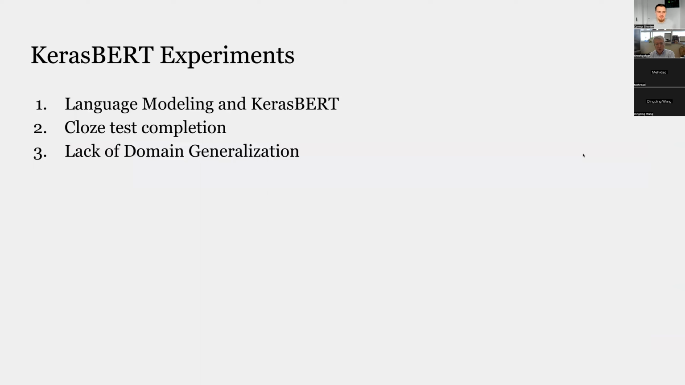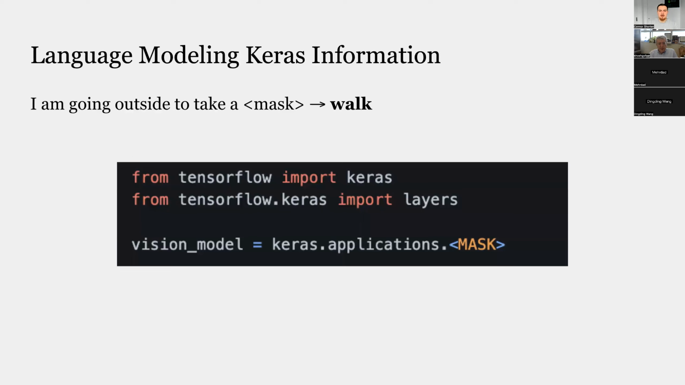So following these image classification experiments, I was really interested in language modeling and wanted to get into doing some language modeling experiments. So the idea behind Keras-BERT is, well, maybe starting with language modeling. In language modeling, you take data from the internet and you mask out a token. So I'm going outside to take a mask, and you've masked out walk. So the language model tries to predict walk as what word fits in this context. And so you do this with really large models on massive scales of data, and it's shown to do pretty